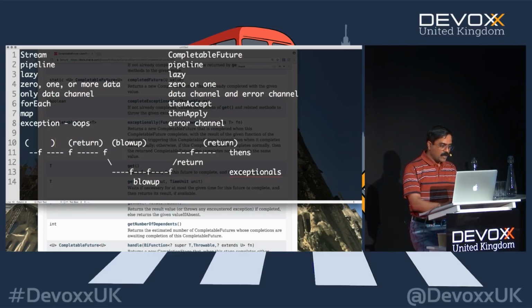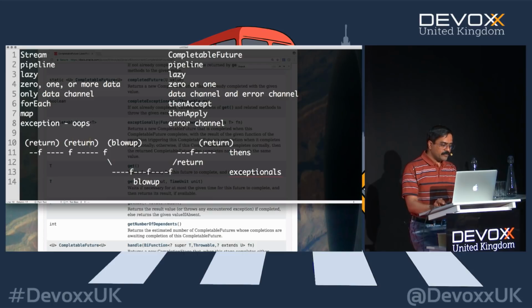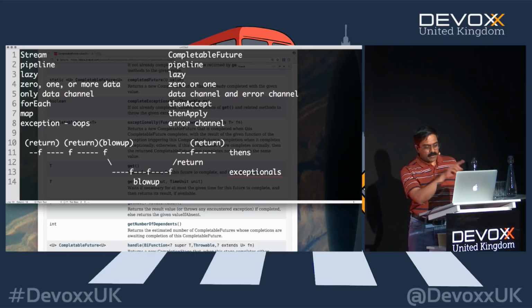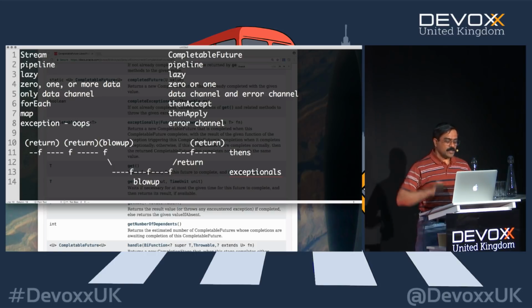So that's basically how this works. Oops, let me put a return right here. So this is return, and then you continue on that path of execution. So this returns, you are on the track. This returns, you're on the track. This blows up, you're down here. This blows up, you're down here. It returns, you go up, and then everybody is happy, you keep going. So it depends on which path you are going through.